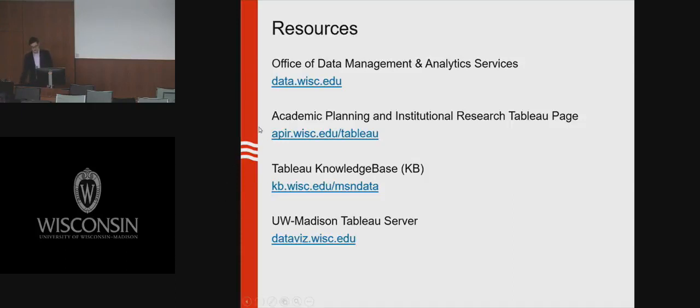I then wanted to point out the Academic Planning and Institutional Research website, specifically the Tableau page, which is at apir.wisc.edu/Tableau. We've only been talking about how end users access and interact with Tableau content. I know that some of you probably have questions about the development of Tableau workbooks and accessing the server for publishing things. If you have questions about that, your starting point is this